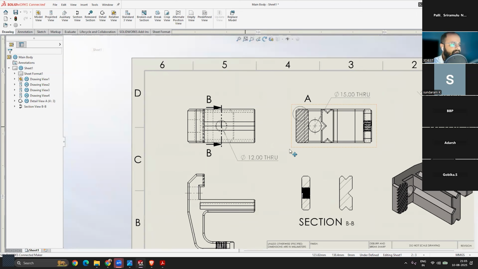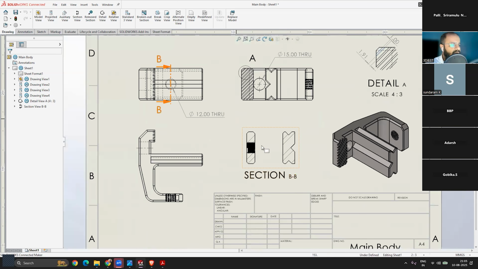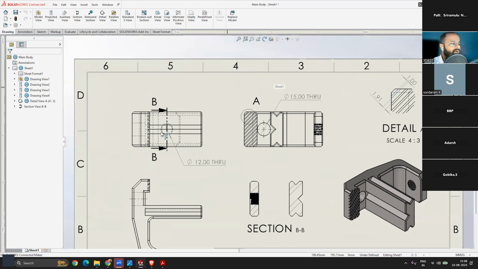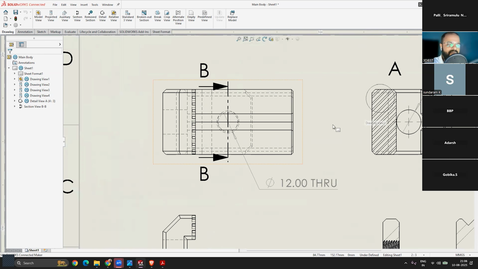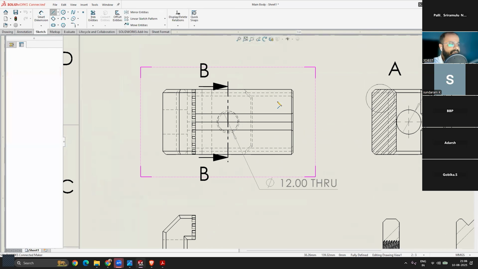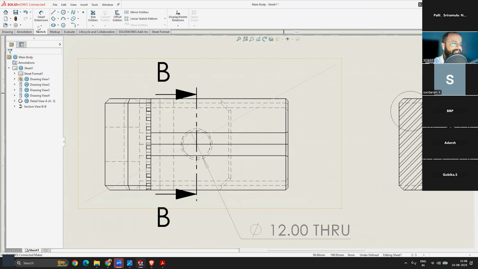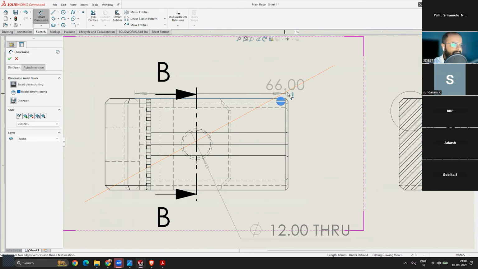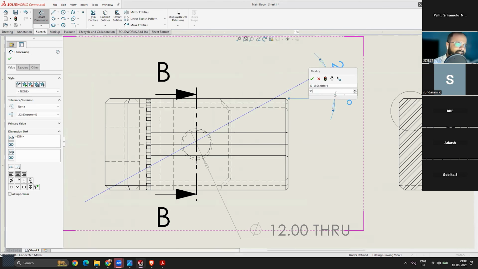So see, any section view, if you want to create inside SolidWorks, let's say I want to create a section view that is not vertical, not horizontal, but at a particular angle. How can we do that? Once your drawing is open in SolidWorks, go to the sketch panel. Let's create a line first at any angle. Let's say I want to create a line like this, and I want this line to be at 30 degrees. So I will define the angle of this line as 30 degrees.